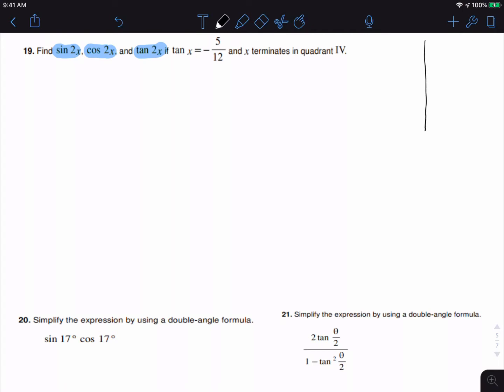Quadrant 4 is this one right here. And so we know that tangent of theta is equal to y over r. So that tells me that I'm going to go down 5 and that my radius is going to be 12. So this is 12, this is a -5, and now our triangle that we're trying to make is going to be this one. This forms a right angle, and we know that this is going to be a 7, and the reason that we know that that's a 7 is